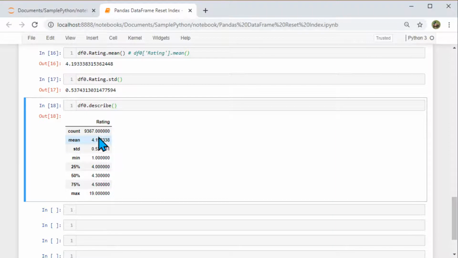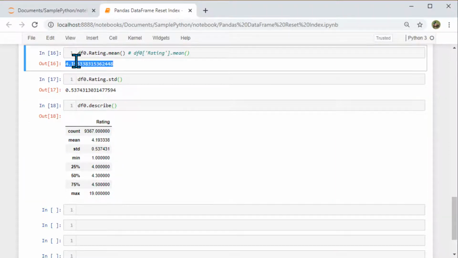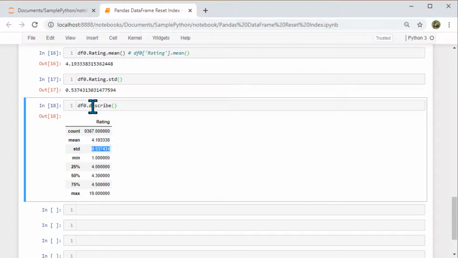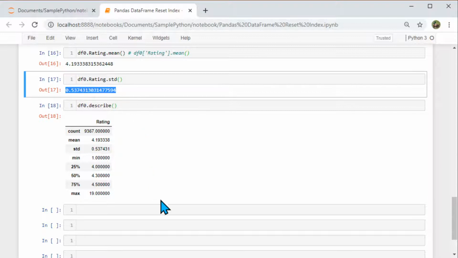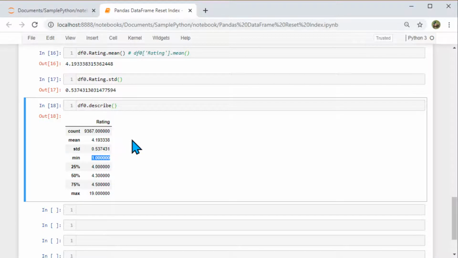And if you notice, this mean is the same as this, and this standard deviation is the same as this. So if you want to find general information or the behavior, how a data frame looks, what its mean is, what the different quartile values are, what the maximum and minimum values are, then doing a describe is the best way to deal with it.